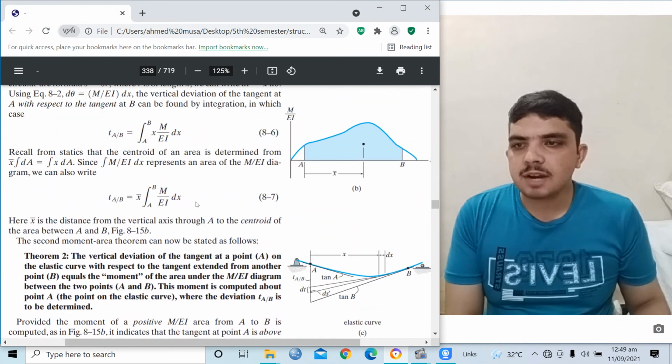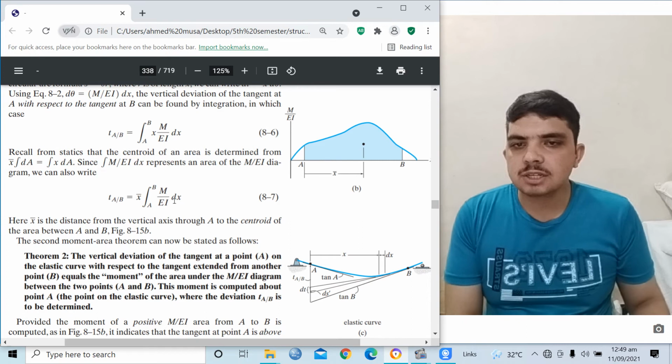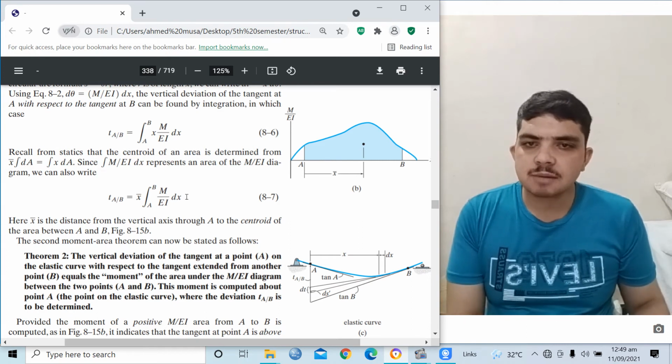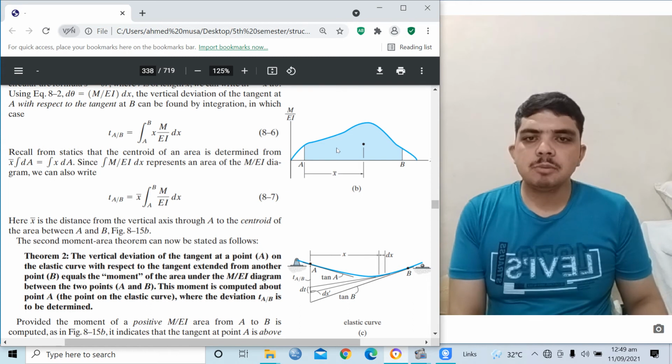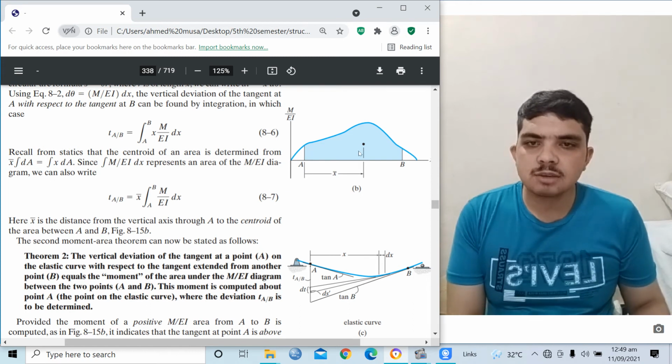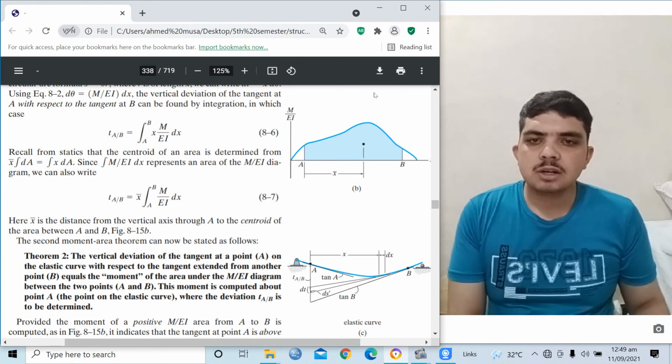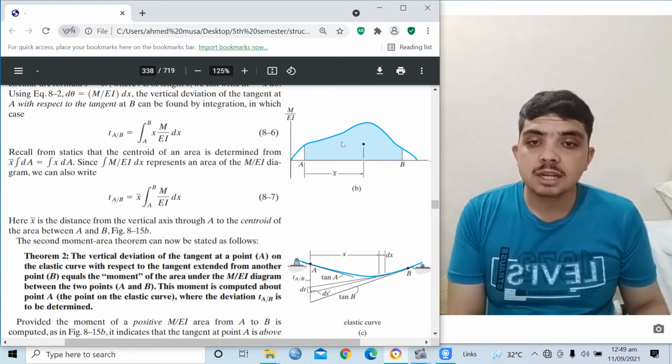We can easily find this with the help of this formula: integration of the area. Integration means that we will find an example. We cannot apply integration in an example; we simply find the area with the help of the area formula. For example, in a bending moment diagram, when the area is triangular or rectangular, a rectangular area we can easily find by multiplying width and length, and for a triangular area we multiply length and height of the triangle and divide by 2, or multiply by 1/2. Okay,